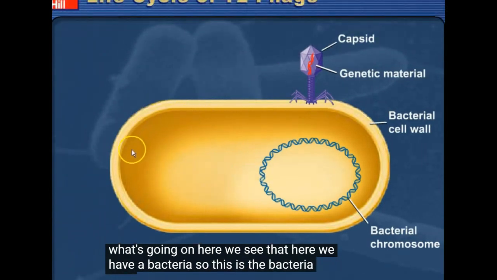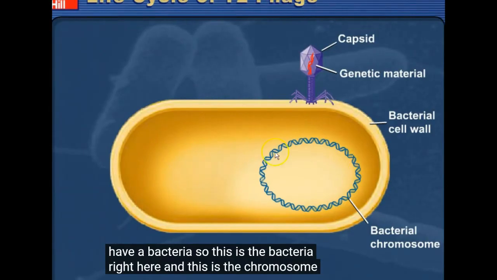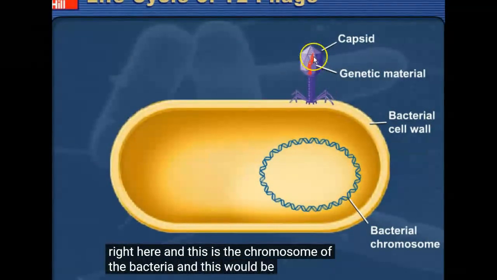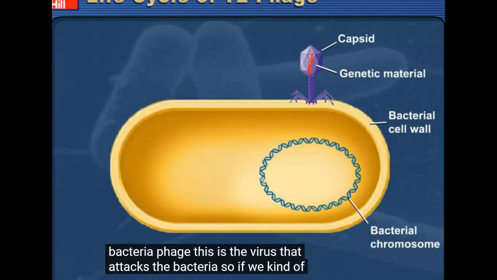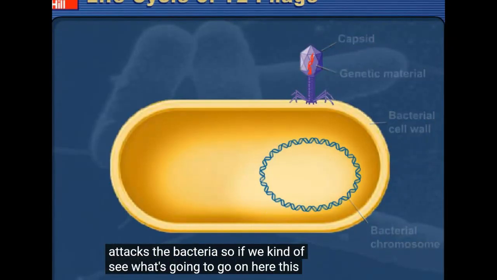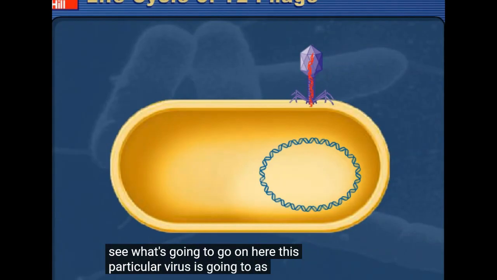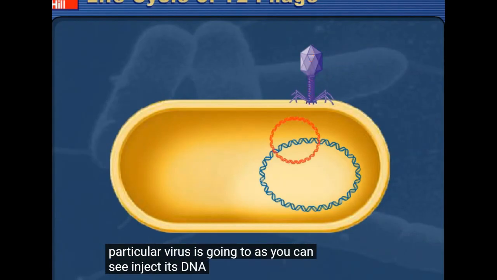So this is the bacteria right here, and this is the chromosome of the bacteria, and this would be a bacteriophage. This is the virus that attacks the bacteria. So if we see what's going to go on here, this particular virus is going to, as you can see, inject its DNA